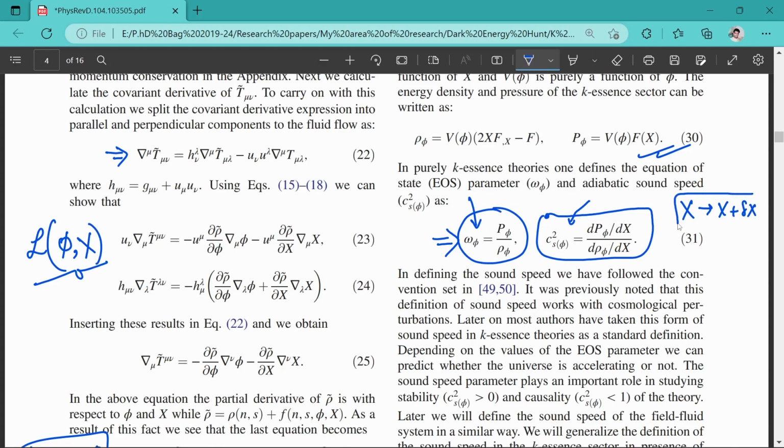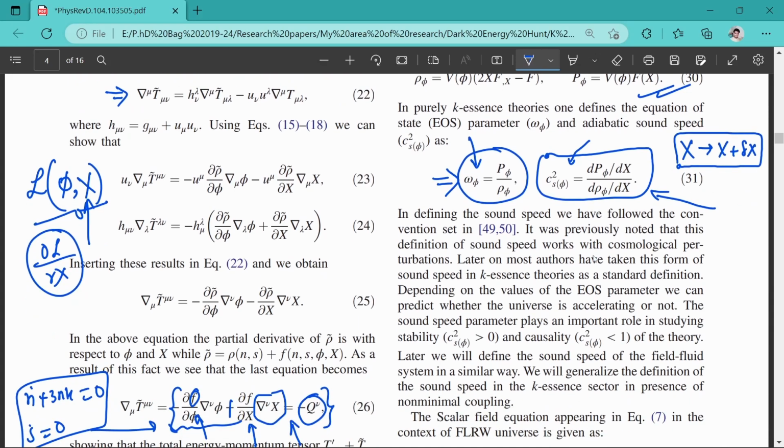So usually it should come when your metric is perturbed, where you define your metric in such a way that there may come anisotropic terms. But usually, since your Lagrangian consists of this nonlinear term, you can simply take a derivative, and it should be fine. There is no problem if you define the sound speed in this case. It is very common to define the sound speed. So we assume that whenever you have the field, the sound speed is positive, and then you can have the proper theory.